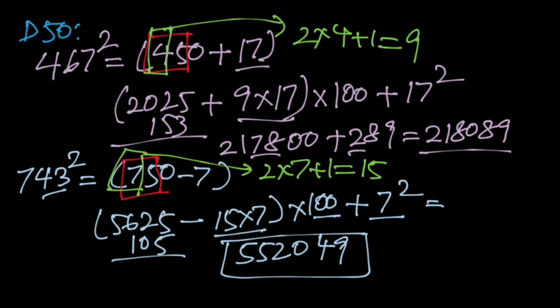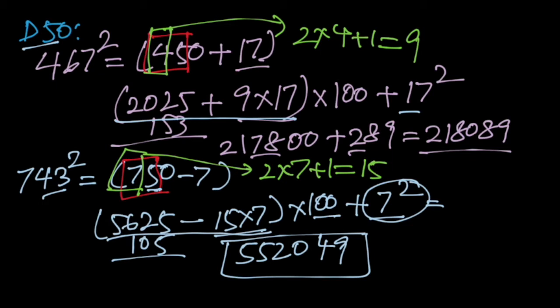So, as you can see, D50 is easier than D500 because it has only one big number to track in this part. The other part is of a smaller number and both the parts can be easily calculated because here the number ends in 5 and squaring a number which is ending in 5 is a lot easier than a general number.